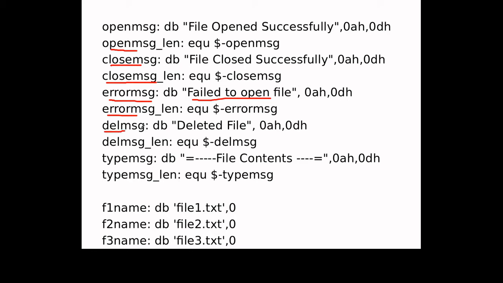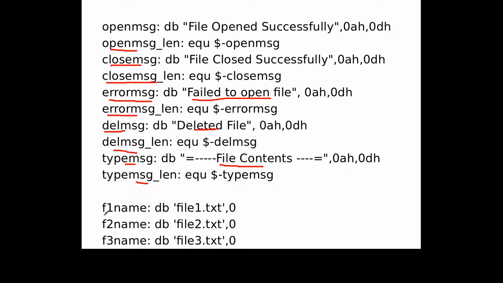Then for the delete purpose, the delete message, deleted that particular file, with its length. Then for typing the content on the screen, the type message: file content, then its length.